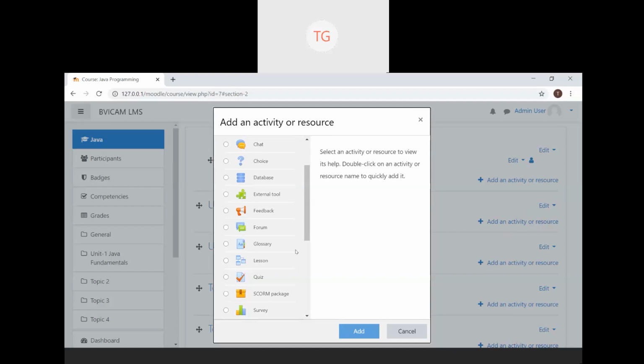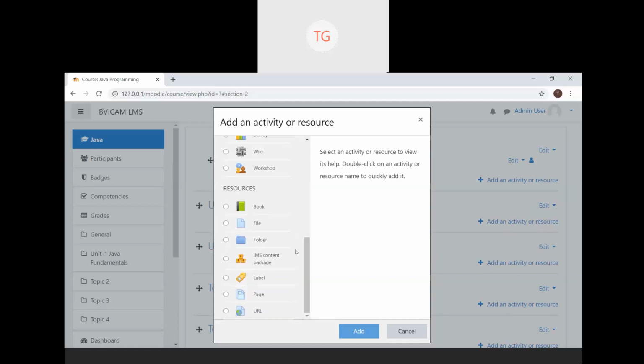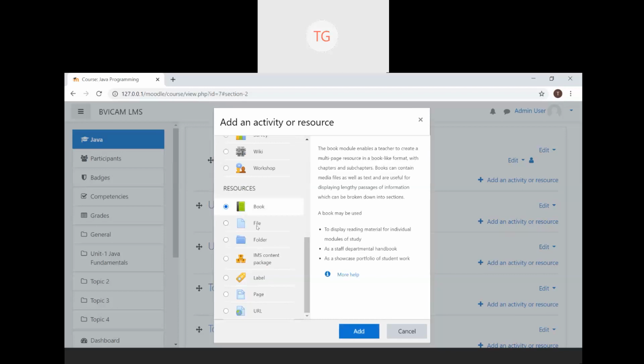So this is what I was saying. Activities and resources are the heart and core of a Moodle course. These are the materials that you upload which aid in asynchronous learning. If you see here in resources, there are different types of resources. The moment you click on every type, you will see a complete description of that kind of resource open in the side panel. So even if you want to upload a kind of resource and you don't know about the rest of the 5 types that are available, you can always visit this description. And if you need more help, this will lead you to the FAQs and description page of moodle.org. So this is the extensive documentation that Moodle provides.